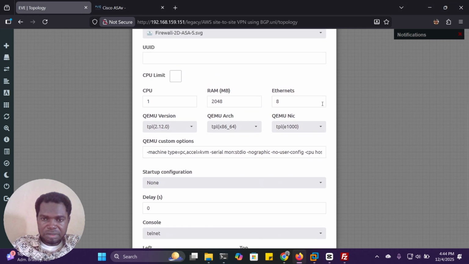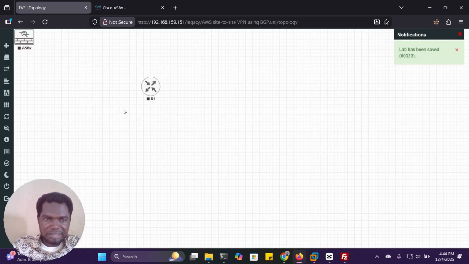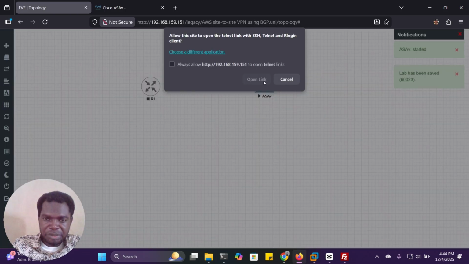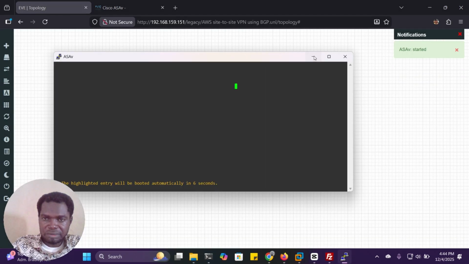Okay. So I only want 4 interfaces, please. ASAv. So now let me hit enter. Press the open link, please. Okay, so it's working. Good.